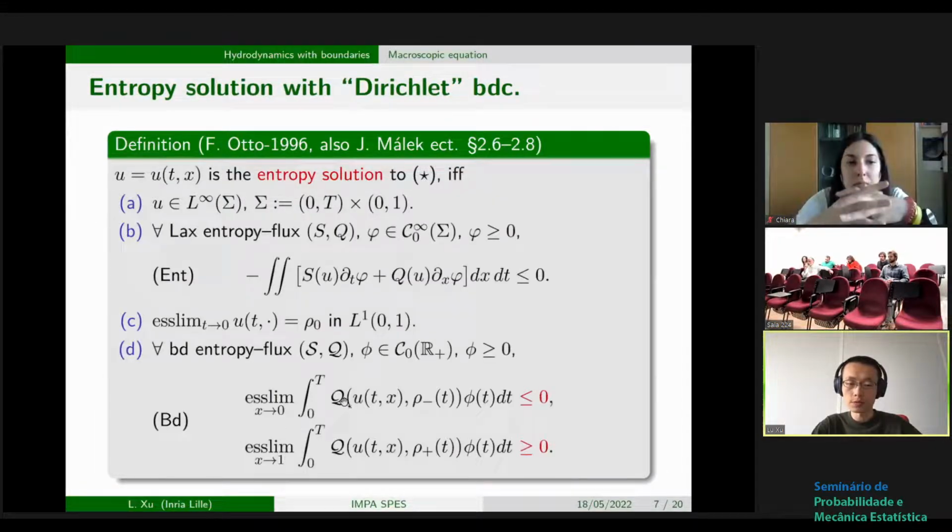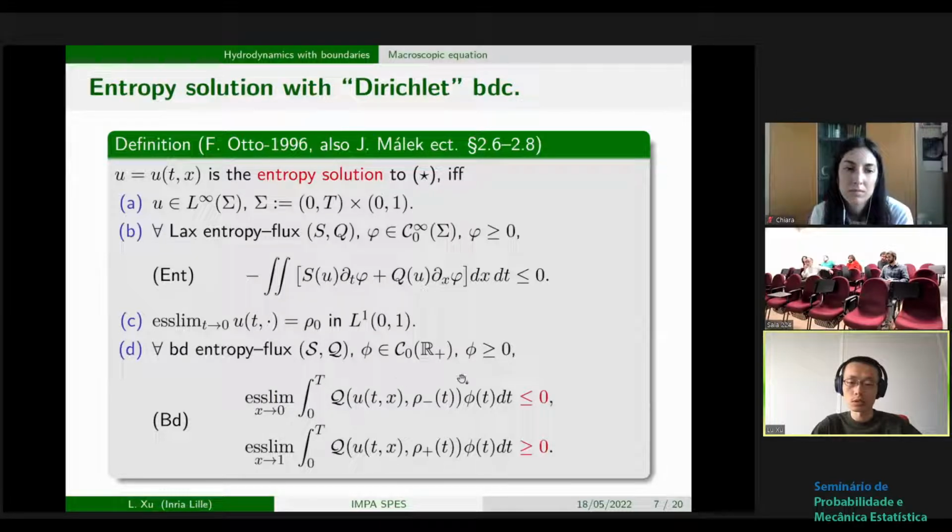So this means that if the solution is smooth at the boundary, this should be 0. However, now I'm having a sign. This means that this boundary condition actually allows some kind of jump at the boundary. And this sign is controlling in which sense I can jump, because the jump should make